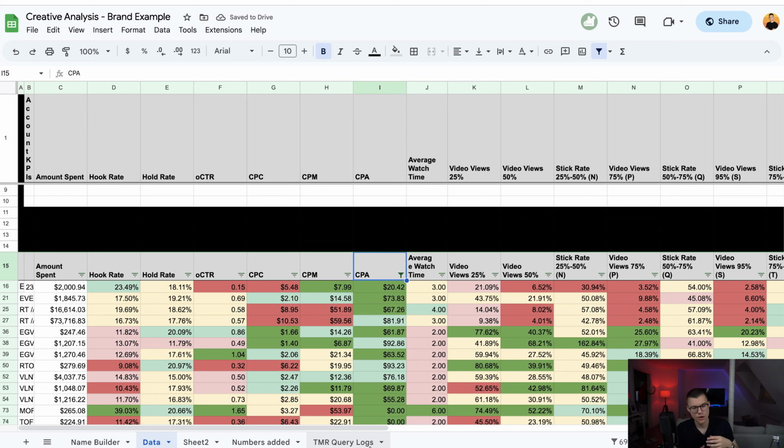Okay, what we can first analyze is that the main indicator for a good ad is the CPA. Your hook rate, hold rate, CTR, etc. all don't matter, right? As long as the CPA is good. But what we can do with this is analyze why CPAs may not be good, and how to decrease the